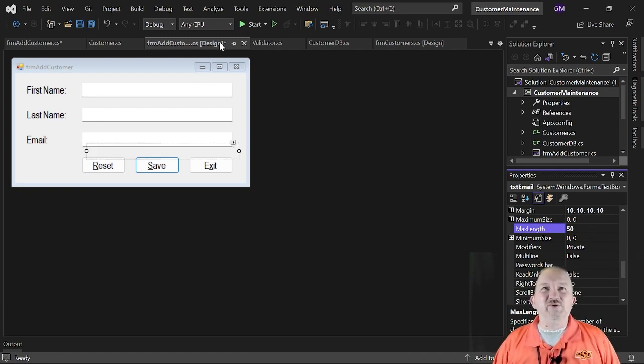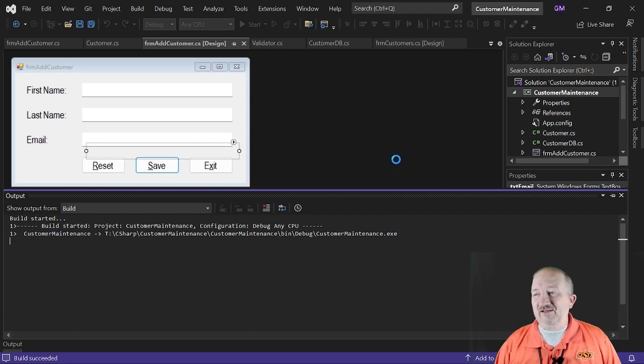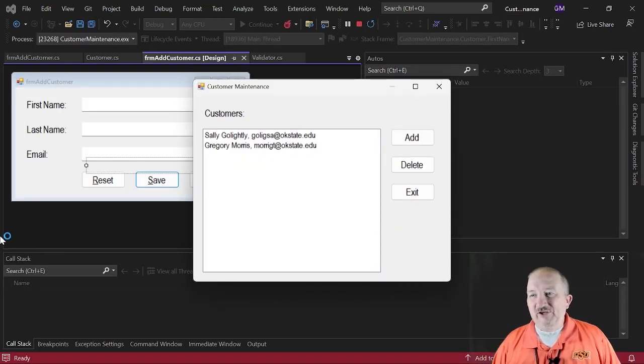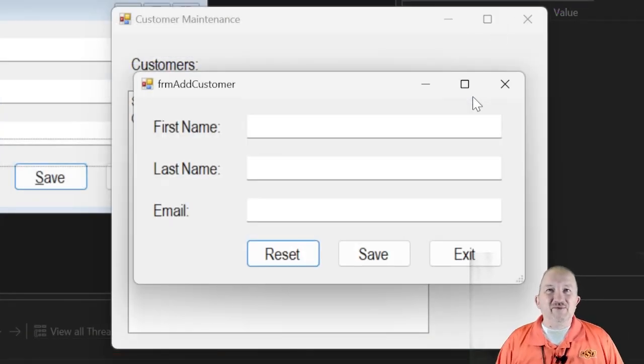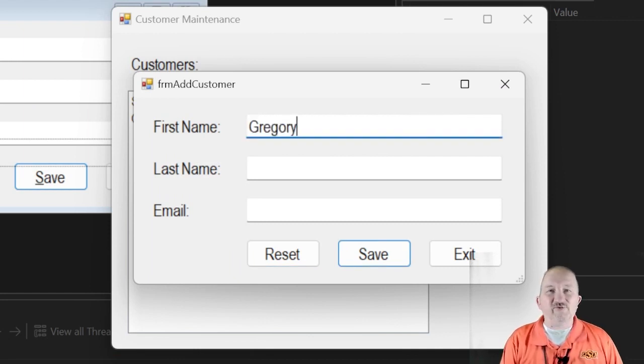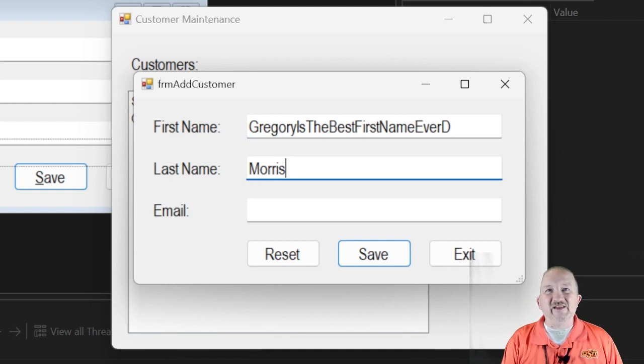And now what we can do is actually force our users, whenever they try to add a person whose length is too long. So we'll come back up here and we'll add, let me try and just start typing out. Greg, fingers in the wrong spot, is the best first name ever. And once I get to 30 characters, it stops. And what that does is it stops me from actually being able to